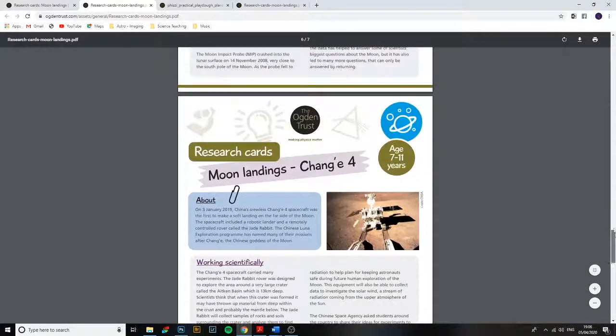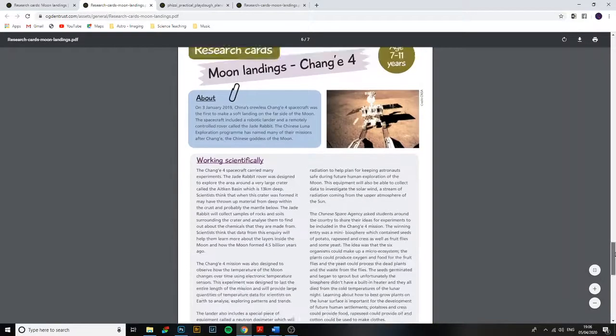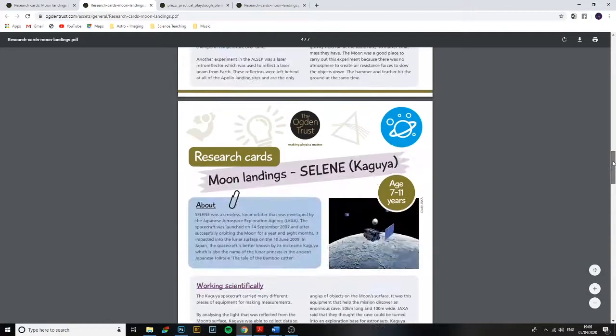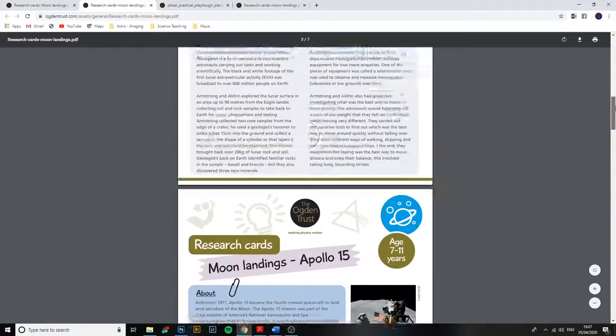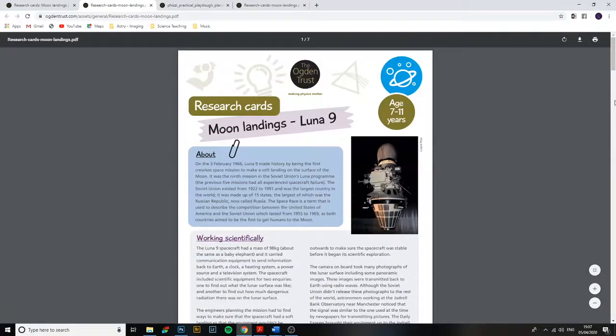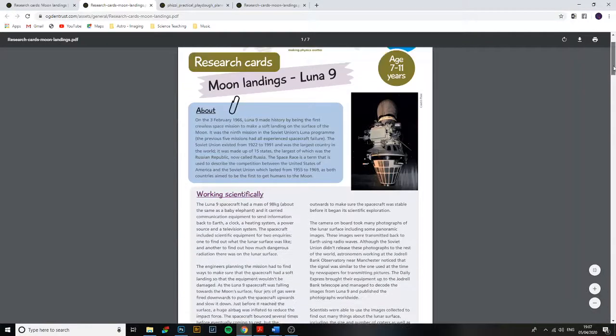And of course, there's lots of activities that could follow on from this, getting the children to put together presentations about each individual mission, doing mini presentations back to you. They could connect their information to their TV in their house through their iPad or through the computer that they're using, and they can share this information with you as parents, so you could become their new audience who they